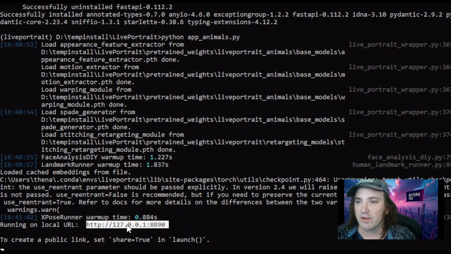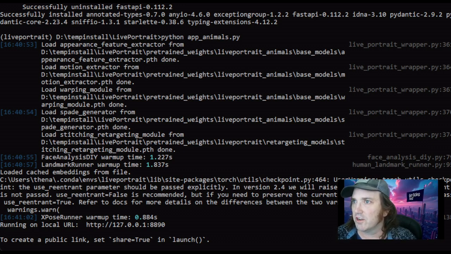And there you go. Same thing. Grab your server, paste it in there, and it looks the same, but now you've got animals that you can upload onto this thing. Okay, you can click drive in video to,